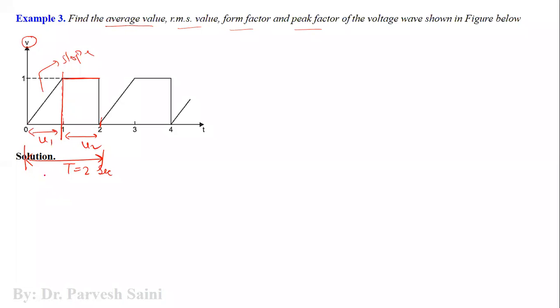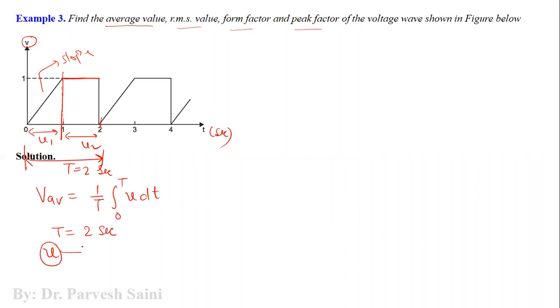Now, if you have to find out the average value, the formula for average value is the same: 1 upon T integration from 0 to T of v dt. Here T is basically 2 seconds. I'll take it in seconds here. Though it is not mentioned, I have assumed it is in seconds, and v is basically